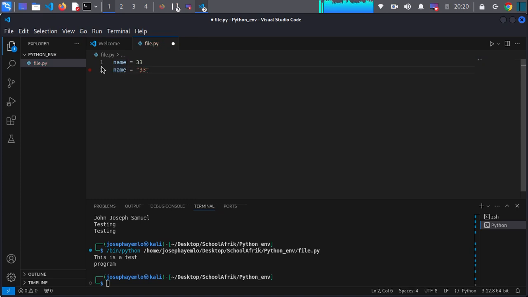Okay, you can still set it equal. It will redefine it, trust me, but we don't want that happening. So let's say name 2. So name 1 is equal to 33 and name 2. So these are two different data types. This is numbers. This is